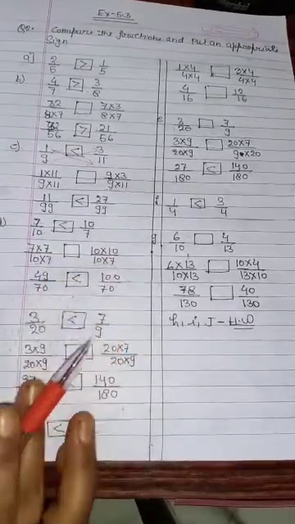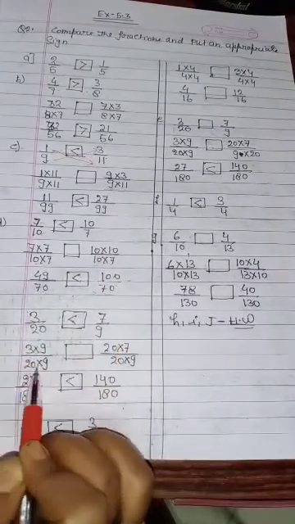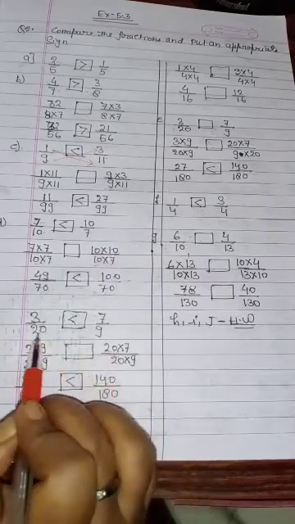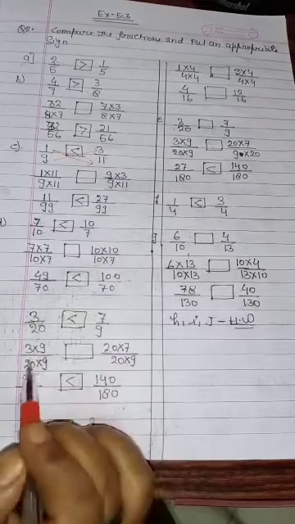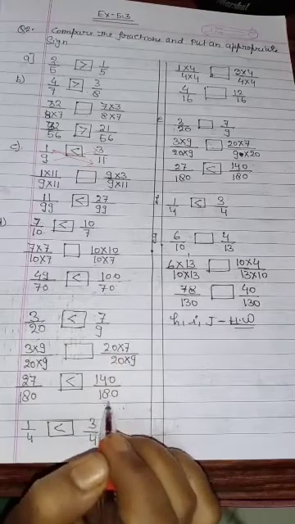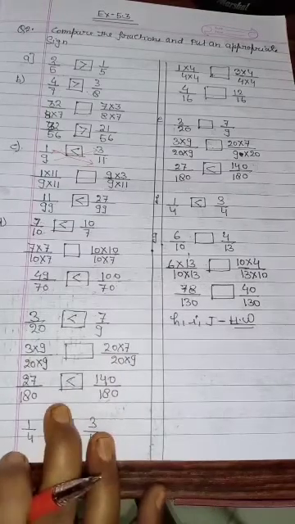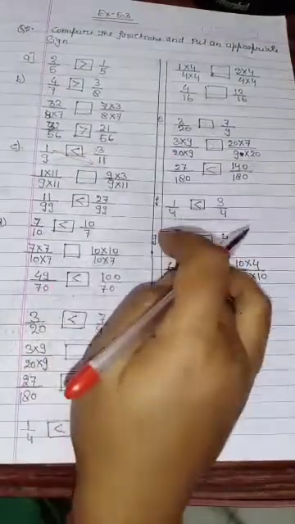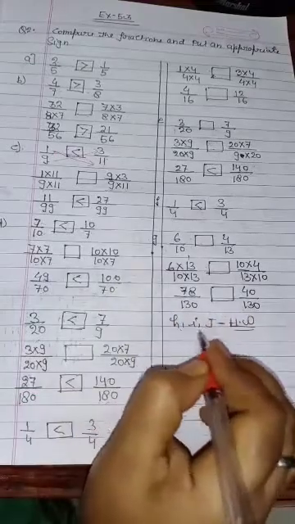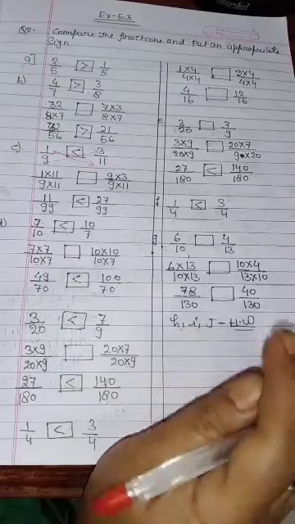Okay. Now E part, same way again. 3 into 9 upon 20 into 9, and 7 into 20 upon 20 into 9. Now 3 nines are 27 upon 180, and 7 twenties are 140 upon 180. Now see that 27 is smaller than 140, so this has come. So in this way I have done E, F, G parts. All the parts have the same method. H, I and J parts I left for your homework, so you will complete those questions in your homework.